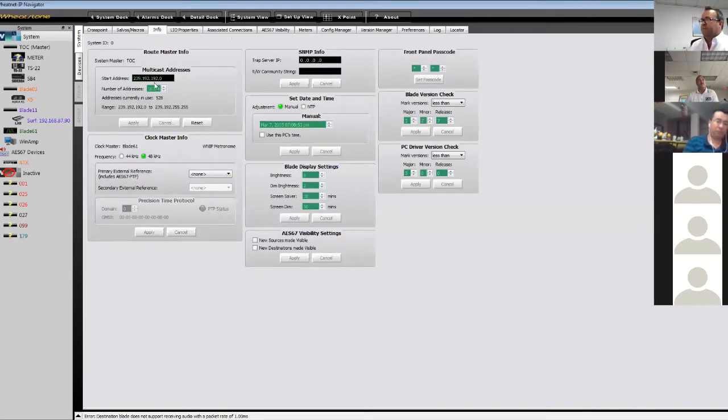Next is the info tab, okay? And this tells us general settings for the system. Este es el tab de información y nos dice la información de settings general del sistema. Okay, so